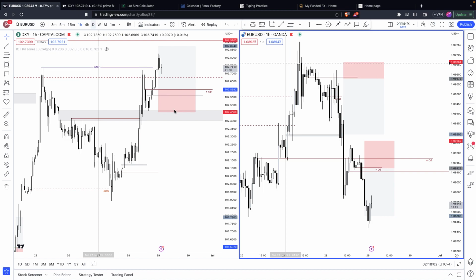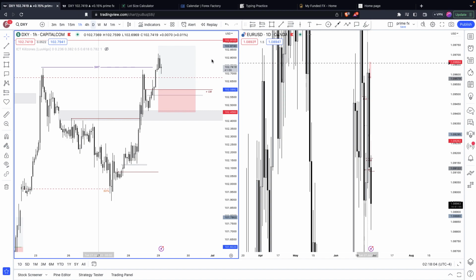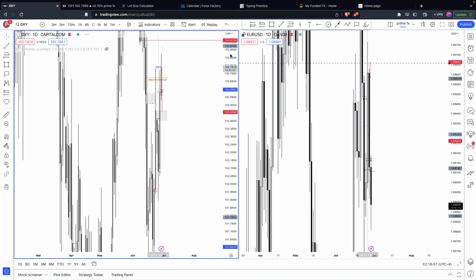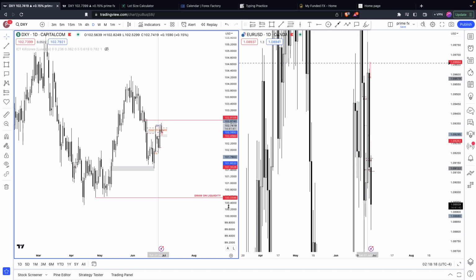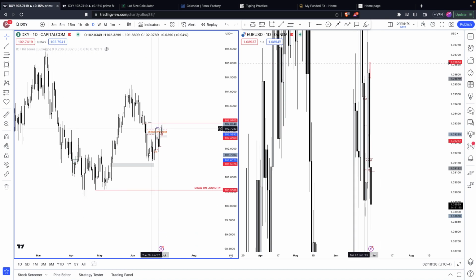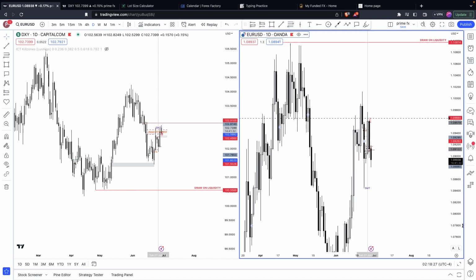Now the forecast. Earlier on, we didn't know where price was going to go. As I said before, I didn't know if price was going to reach for this other block or go straight down. As you can see, price did reach for this other block, and the reason is, when we go to the 4 hour of the dollar,